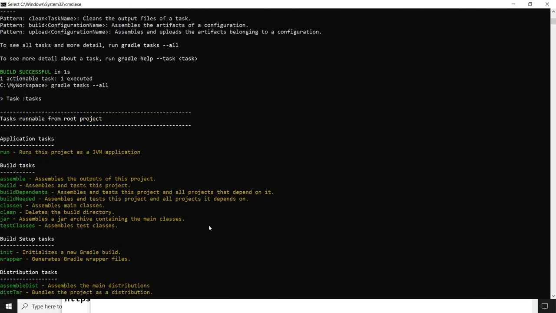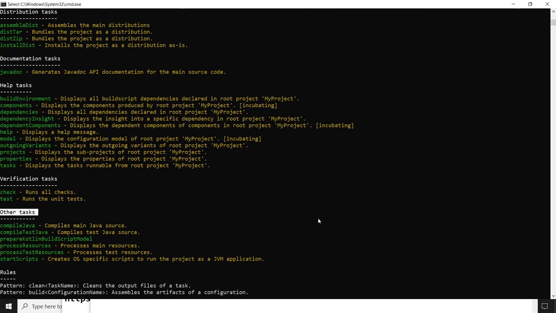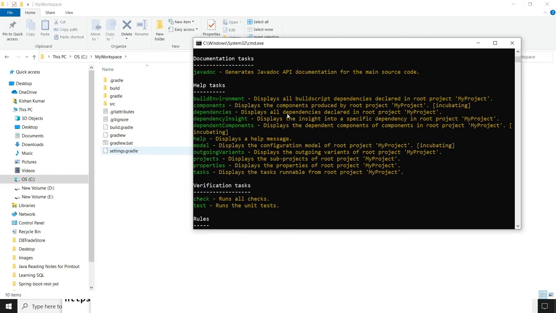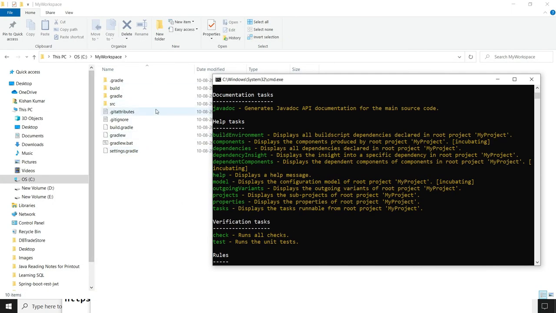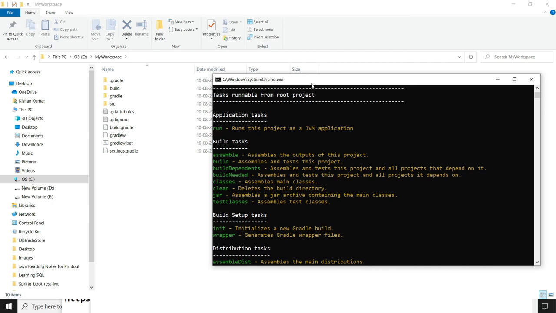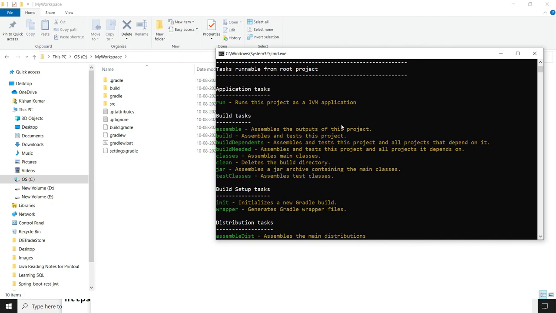If you use Gradle, then Gradle is really very fast if you compare it with Maven, right? Why it is fast we will see in a subsequent tutorial. In this video tutorial, I just wanted to show you how to build the project which we had created using the command prompt, and I wanted to discuss a few existing tasks, right? Of course you can define your custom tasks, and how we define and run those custom tasks, we will see in a subsequent video tutorial. But I think that's more than enough for this video.